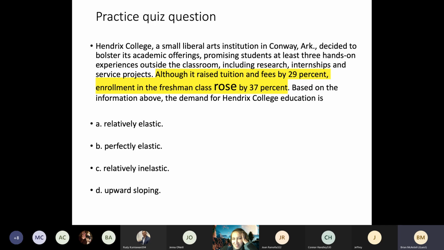Basically, I was thinking about it a little bit dyslexically, if you want, but that happens. We all probably, at first read, thought, oh, okay, it's super elastic because of the 1% change. We kind of read it as if the freshman class decreased by 3.7%. That would be correct to say that demand is elastic, relatively elastic, or quite elastic, right? But it didn't decrease in this case. It rose, and